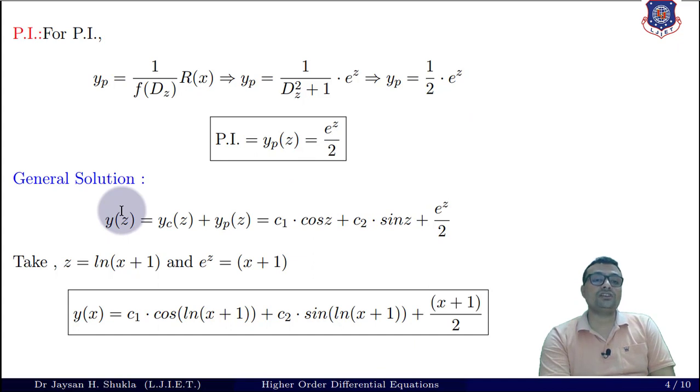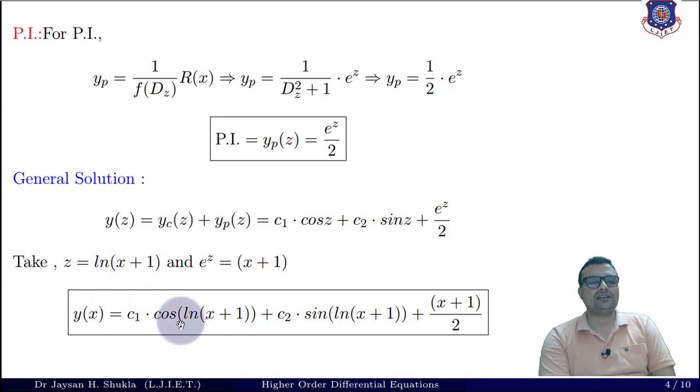So the general solution can be obtained by combining y_c(z) and y_p(z). It gives me c1 cos z + c2 sin z + e^z/2. Now coming to the last step, that is converting z back into x. We know that z is log of (x+1) and e^z is x+1. And so the value of y(x) will be c1 cos z